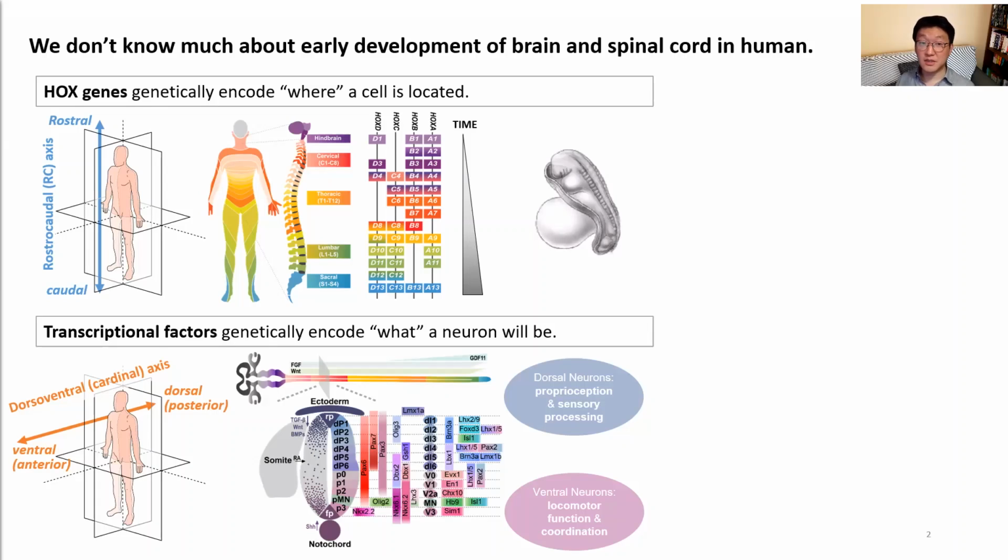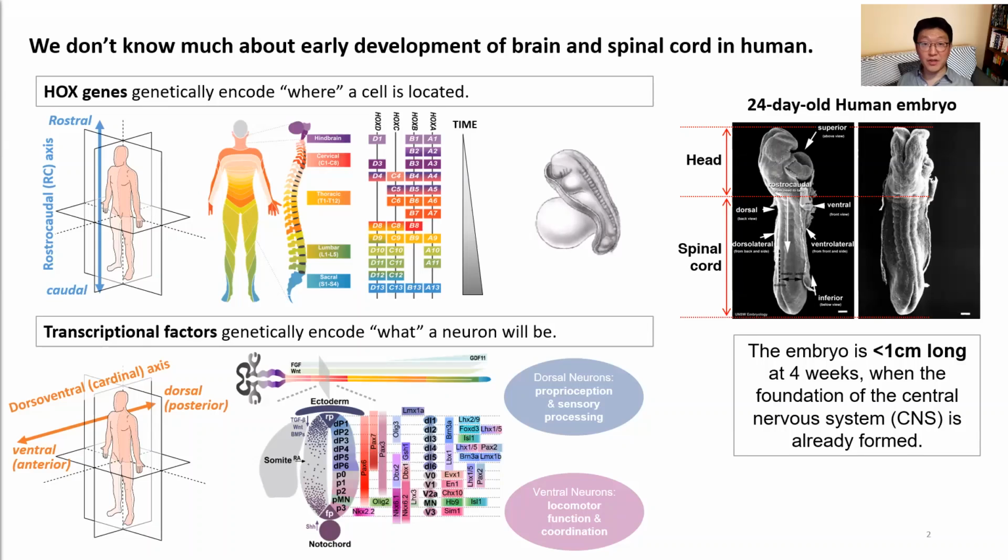While we know that the Hox patterning drives the regional specificity along the rostral-caudal axis, we know very little about the early development of brain and spinal cord in human because we cannot easily access the developing human embryonic tissue. This is due to the ethical reason as well as the technical reason, such as timing of the CNS formation